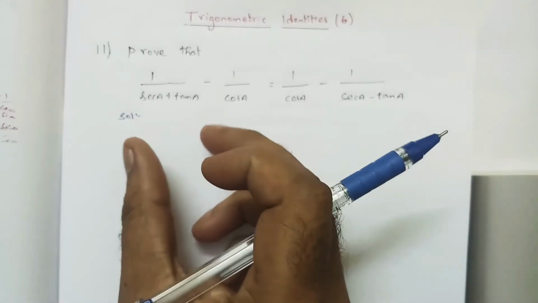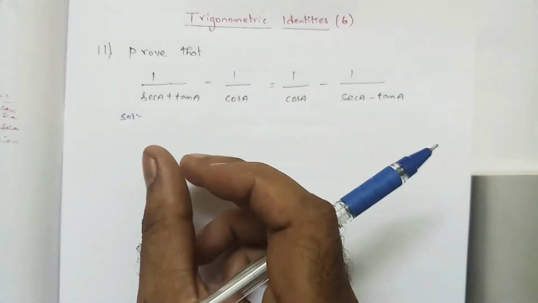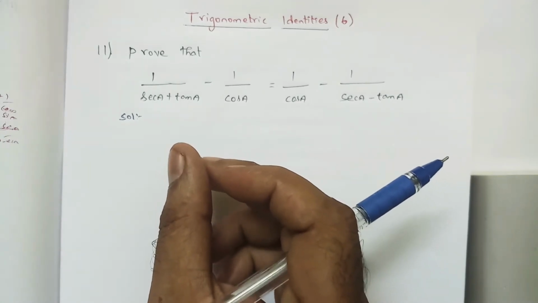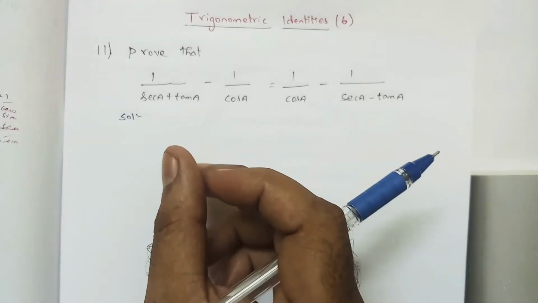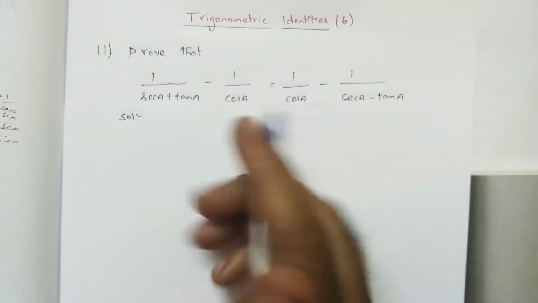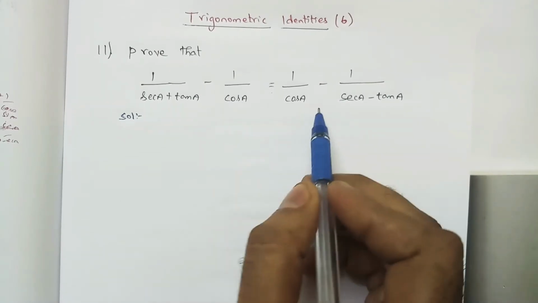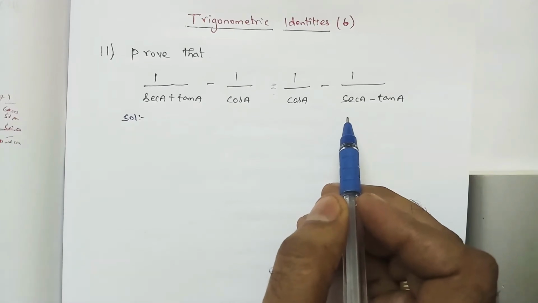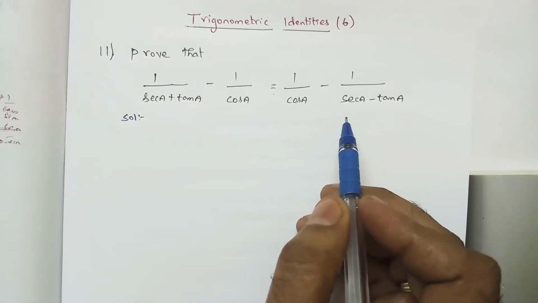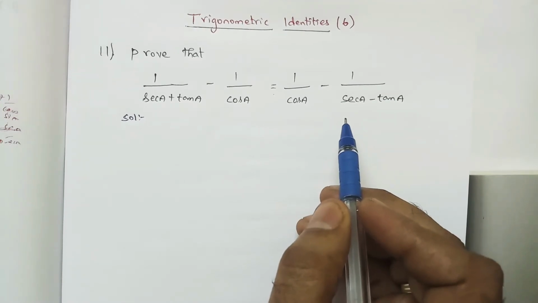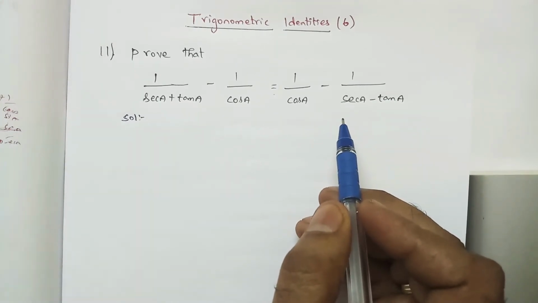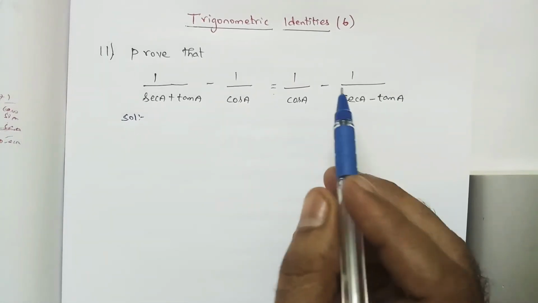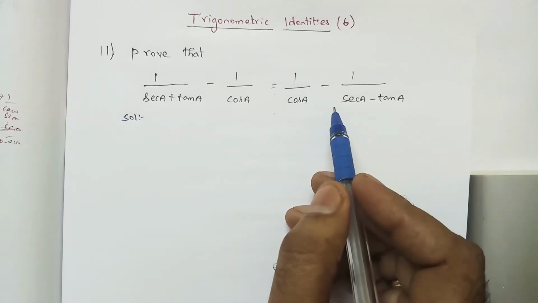If we are taking LHS, we have to compare the LHS and RHS with more than one term, right? If we are having two terms, it is very easy to bring it to one term. Two terms, three terms, we can easily bring to only one term. But here LHS has two terms as well as RHS has two terms. I already told you that when we have two terms on LHS and two terms on RHS, we have to take each separately and simplify. We take LHS separately and simplify, and finally stop there, then take the RHS and simplify, and we want both simplifications to be equal. Both should be equal, right?